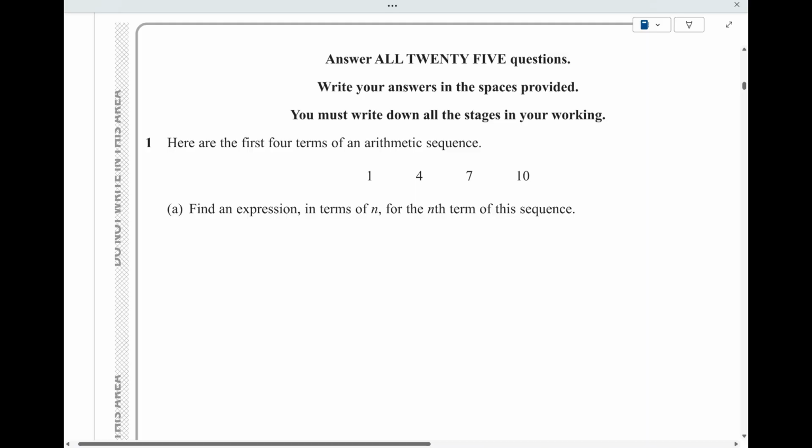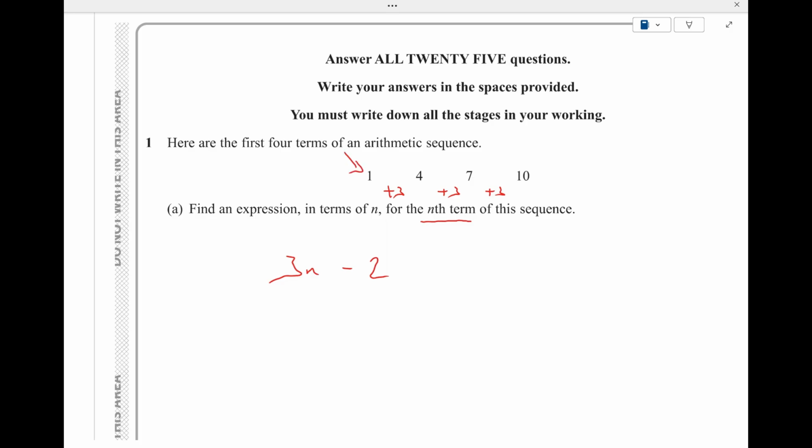Question 1. Here are the first 4 terms of an arithmetic sequence. Find an expression in terms of n for the nth term. Well, in this case, my arithmetic sequence is going up in 3s, so the formula for the nth term is going to be 3n, now plus or minus something. In this case, it's going to be 3n minus 2, because that means that the formula gives me a first